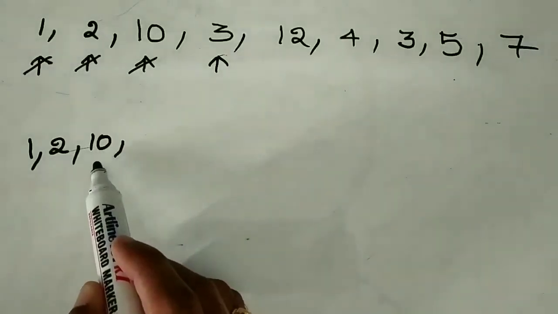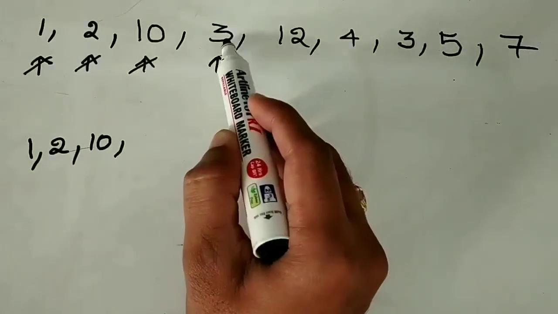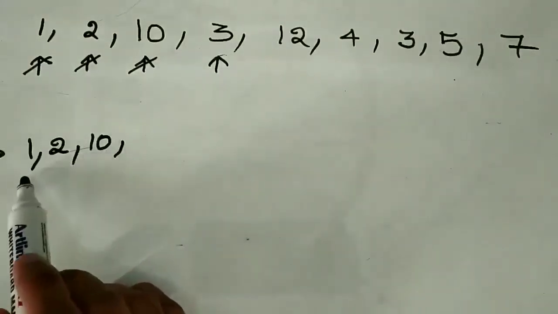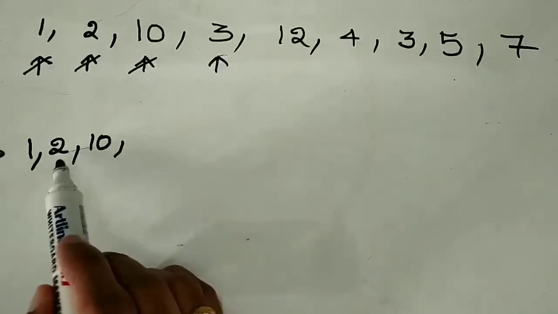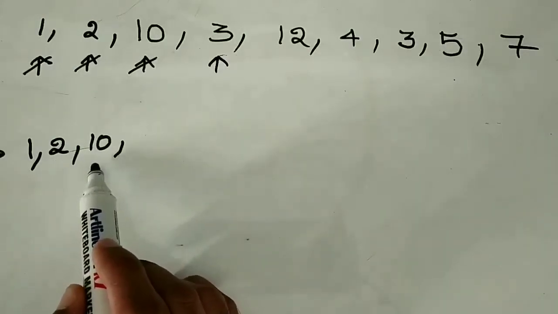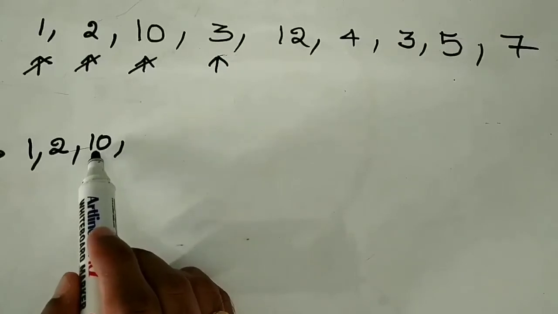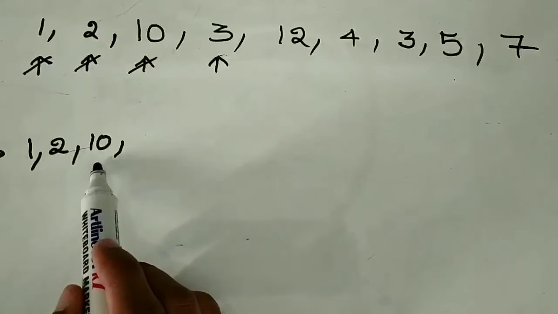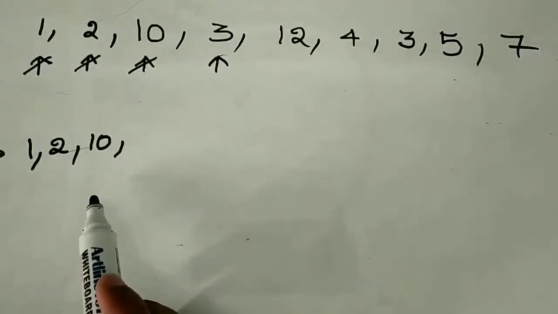So what we need to do here, when we encounter this situation, is identify what is the right position for 3 in this array. If you see, 3 is supposed to come here because 1, 2 and 3 is supposed to come here, but 10 is already there in this position. So now we have two choices, either keep 10 and ignore 3 or keep 3 here and remove 10 from this. It is always better to keep